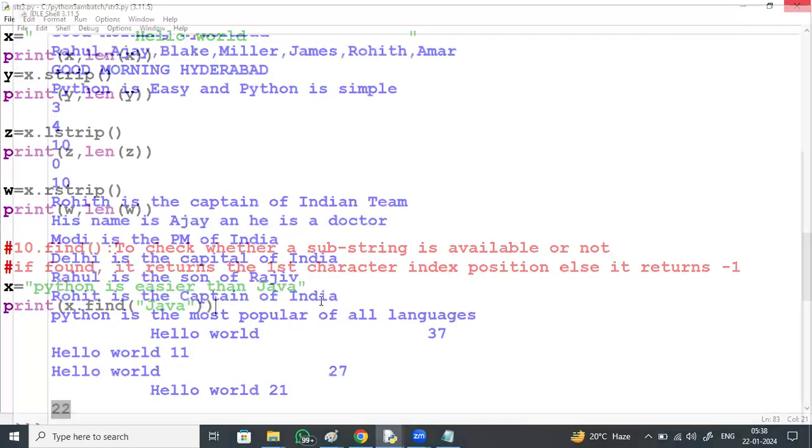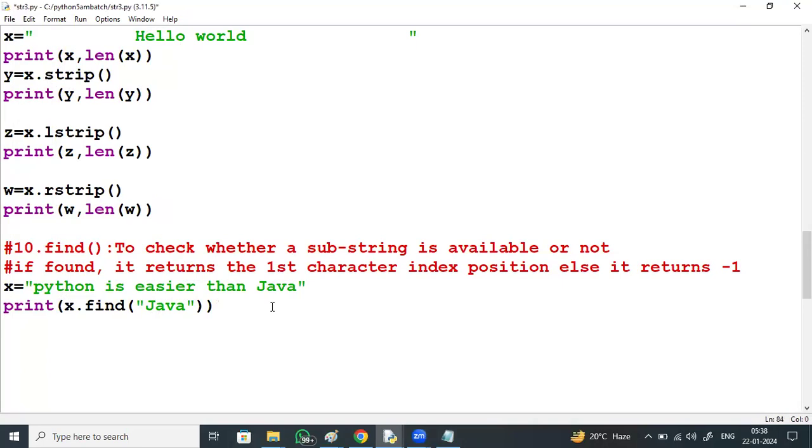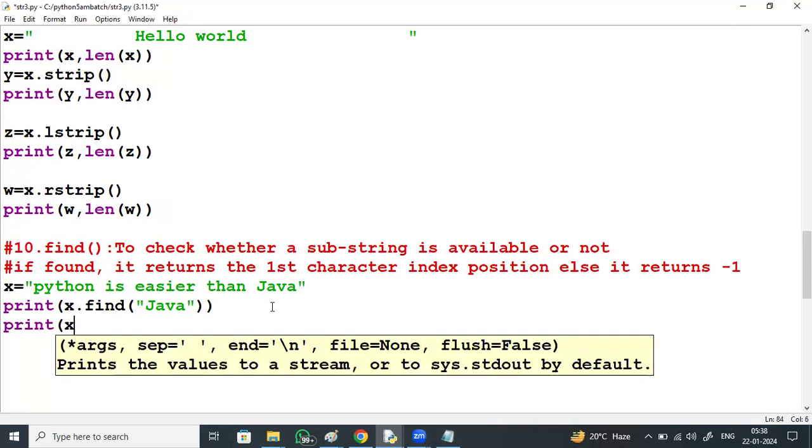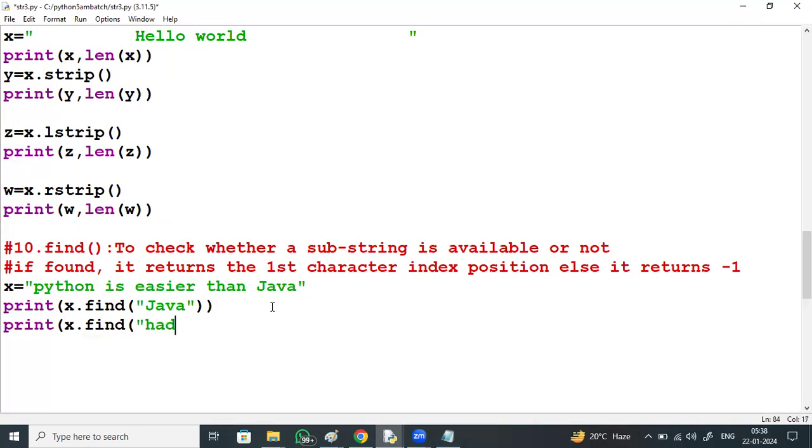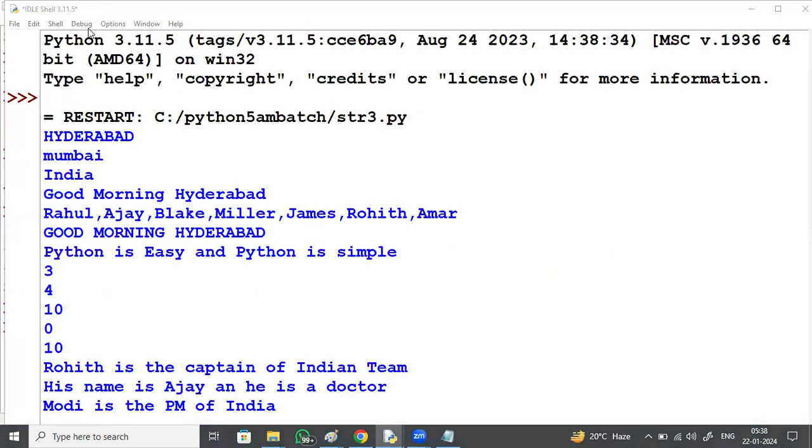For example, if you are searching x dot find for the word Hadoop, it's not available. It returns -1 for it. If available, it returns the first character index.